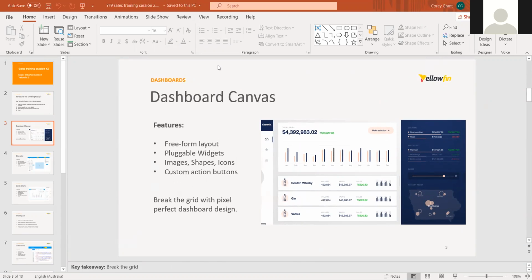And the first one is Dashboard Canvas. For those of you who have been with Yellowfin for a long time, as a partner or a customer, you would have known that we had Canvas capability in our report builder for quite some time. And in this release, we have brought that across to the dashboard as well. So a number of you have asked for this for quite some time,